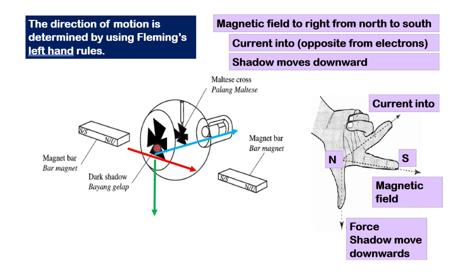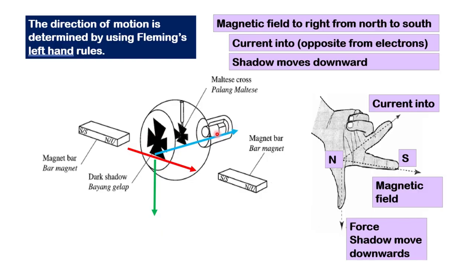Okay, just another example. So this is the shadow, and this is the filament. The first thing is we have to look at the direction of the magnetic field. So here is the north, south. Your second finger should point north to south like this, north to south magnetic field. And then look at the filament. So here is the filament.